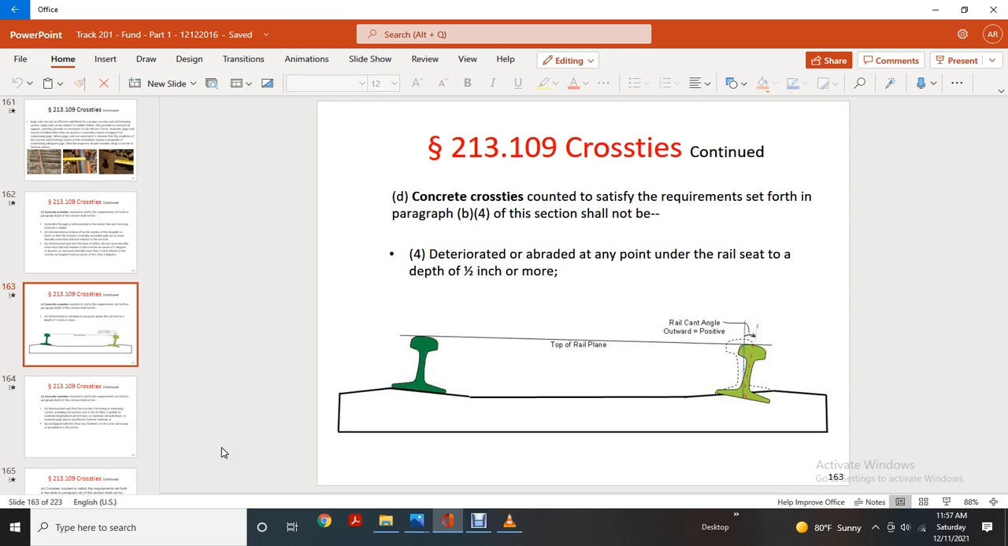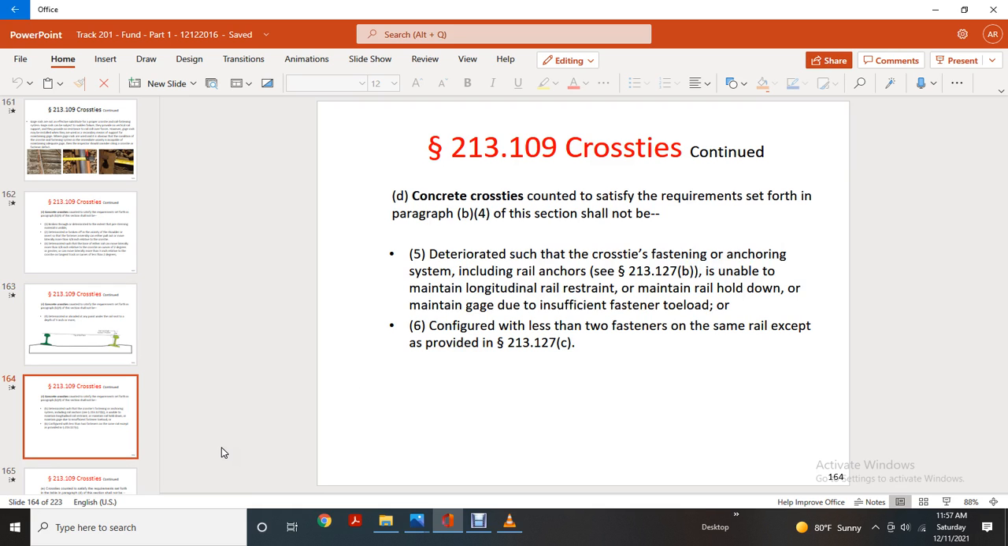Concrete cross ties must also satisfy the requirements of paragraph B4, showing a deteriorated or abraded rail seat with a depth of 1/2 inch or more, where the rail can cant outward past the top rail plane. Concrete cross ties shall not have the cross tie fastening or anchoring system, including rail anchors, unable to maintain longitudinal rail restraint, hold down, and maintain gauge, due to fasteners that are missing or loose, in a configuration of fewer than 2 fasteners per rail, except as provided in paragraph